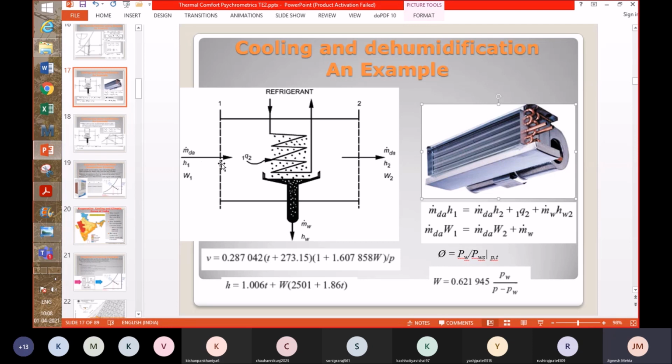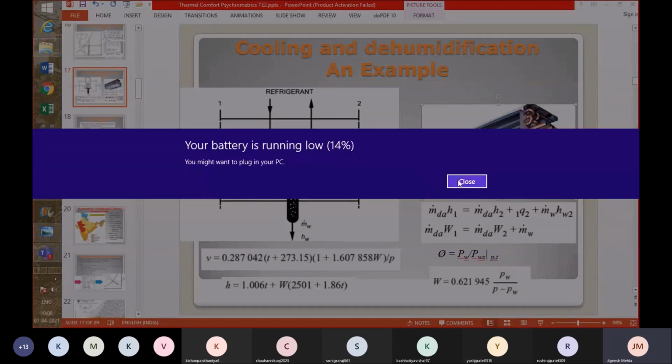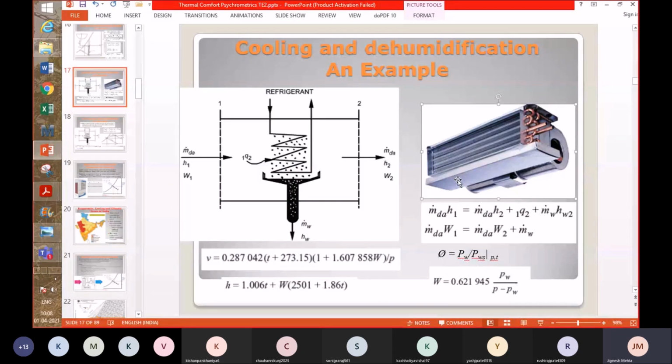And then it passes over this cooling coil, where, as it is shown, the heat is removed from the system, right? So what is there inside this boundary is your system. The air passing through this is your system. It's an open system, and we'll be assuming the case of steady state condition. So this is the device or the cooling coil, and using this cooling coil, you are removing heat from air.